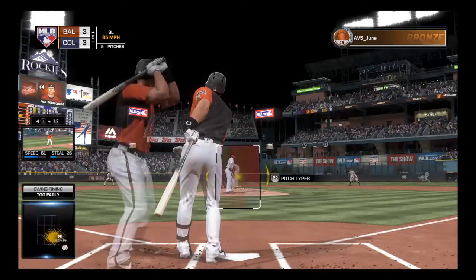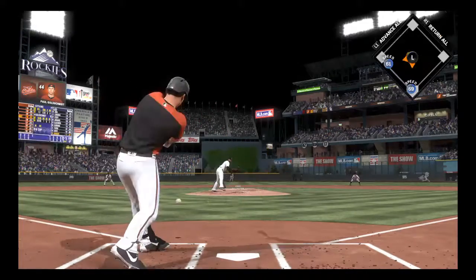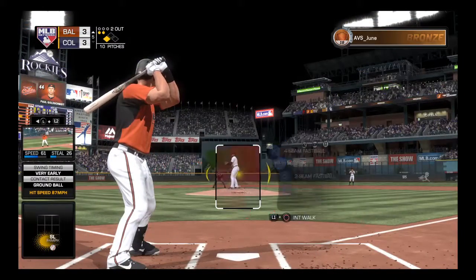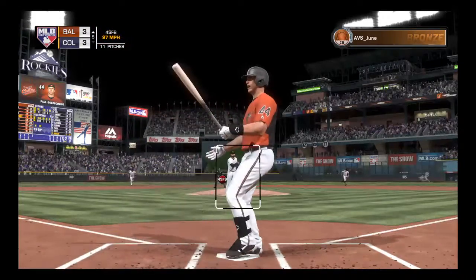Not his best effort that time. It's strike 1. Oh, that was a tough pitch to lay off of. He took this hack at that slider. He thought it was going to be over the plate, and it just kept running away. 3 runs, 9 hits, and no errors for the Orioles so far. Swing and a miss. Blew the...